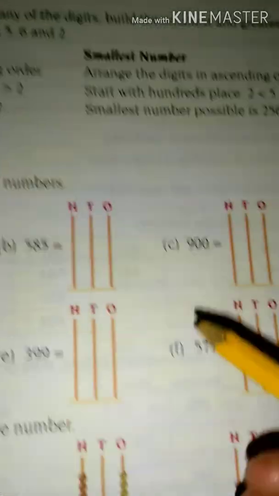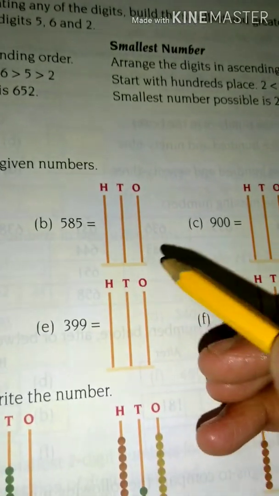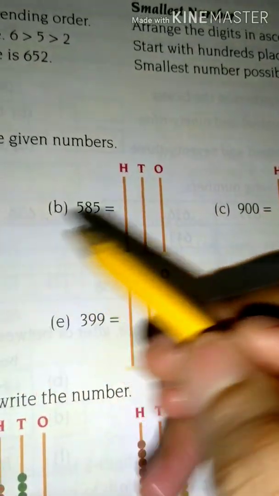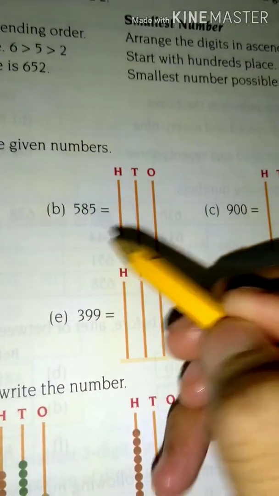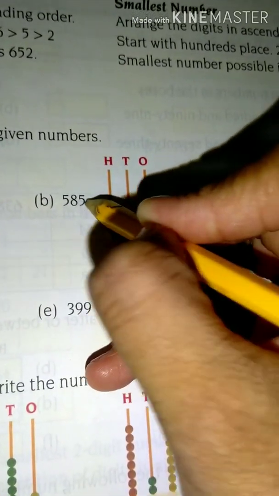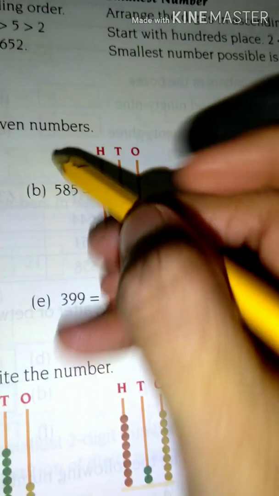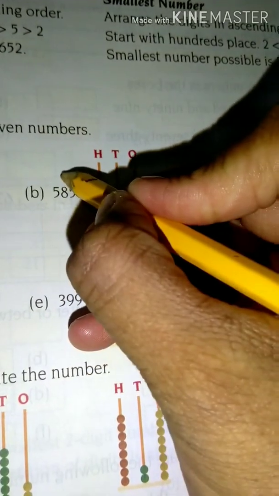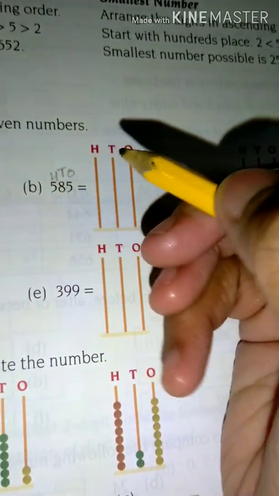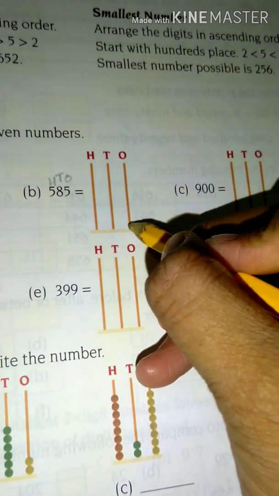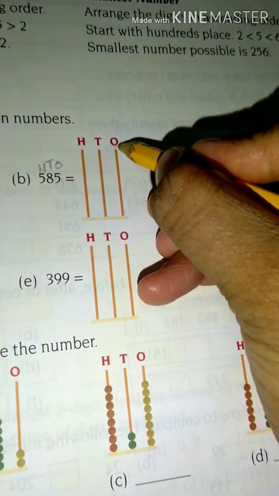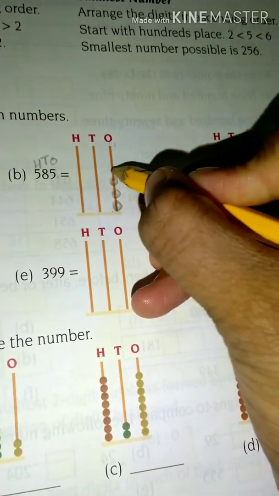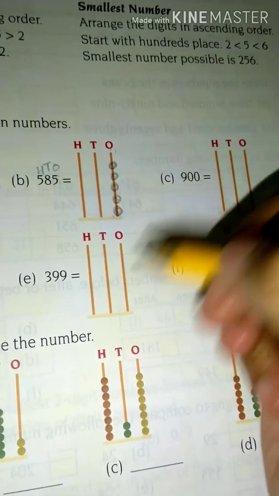The same thing we have to do here in this one. So I'll explain this to you. First of all we'll write the columns of the particular digit. So we'll start with the left side. We have to move left side like this. So the first number is 5 for us. This is on the ones column, this is on the tens column, and again 5, but this is in the hundreds column. So how many beads do we have to make in the ones column? We are supposed to make 5 beads, 1, 2, 3, 4 and 5, like this.